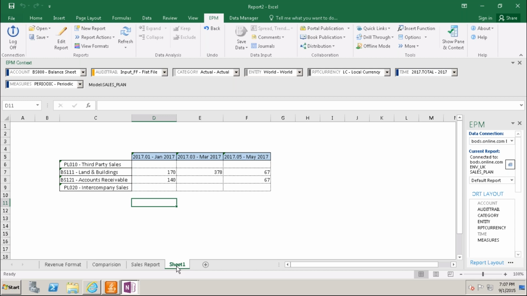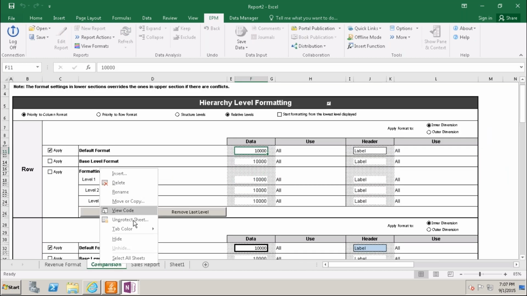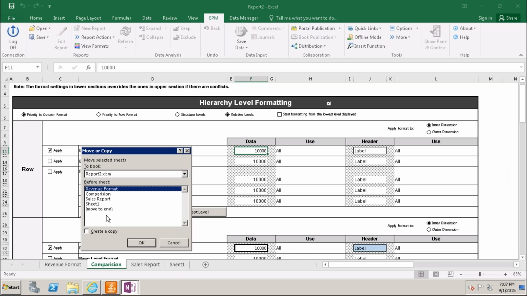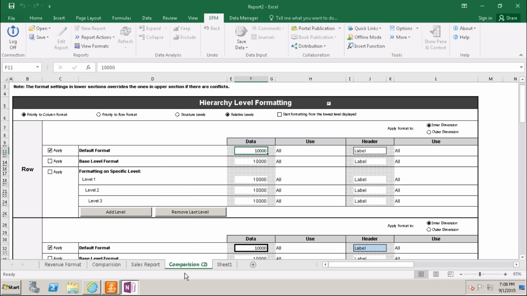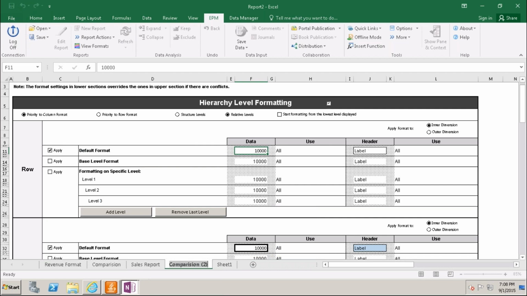What you do here, just this format, you copy and move to sheet 1. Create a copy. So comparison. So here what I'm doing here, rename of sheet 1. Okay. So for sheet 1 format,